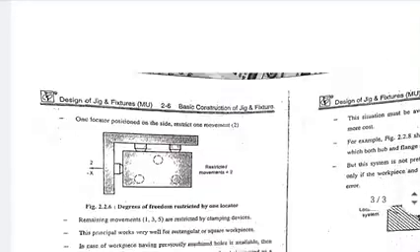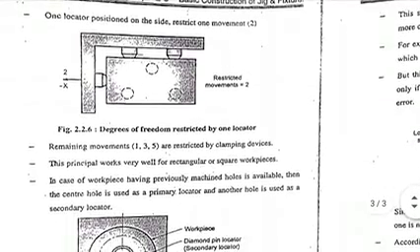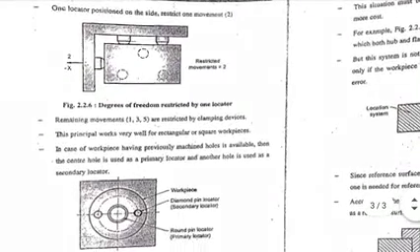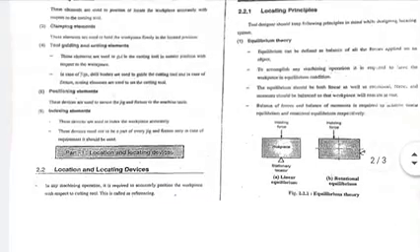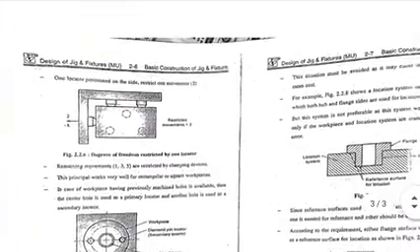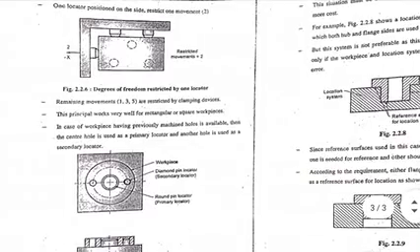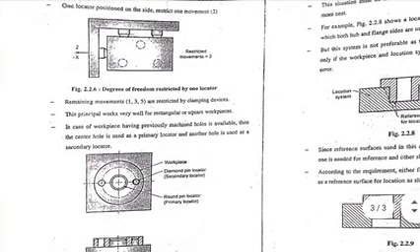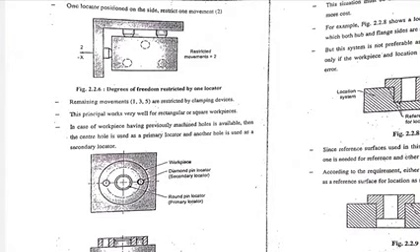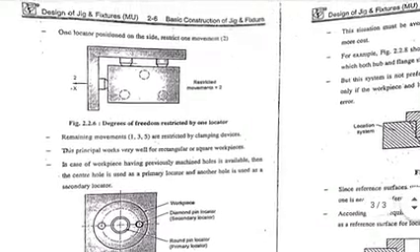Moving to the next. Now we should understand what is degrees of freedom and what are the degrees of locator. So we will go over here. Now first we will understand these concepts, and then we will go to the principle of location, that is called the 3-2-1 principle, in the next lecture in detail. But first let's understand what the condition is over here.